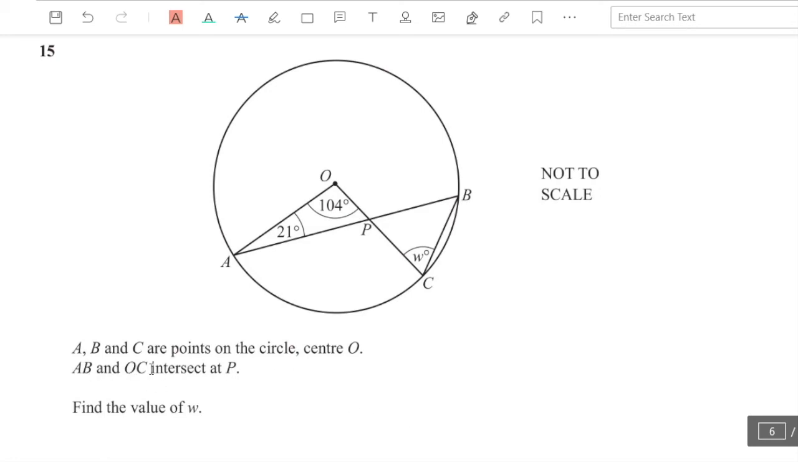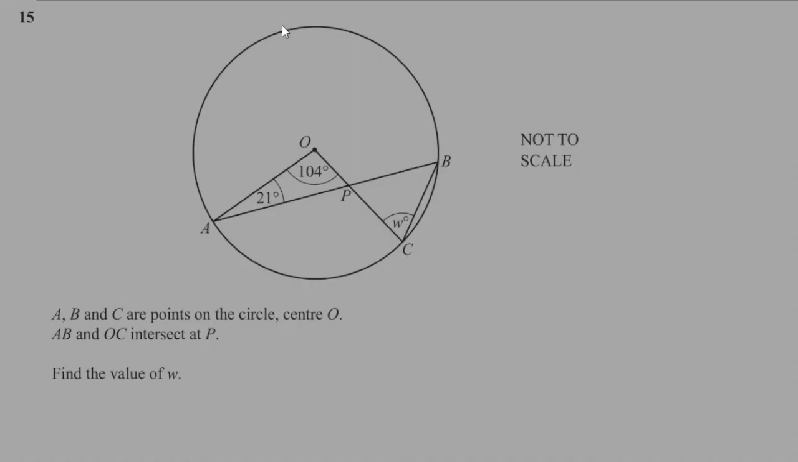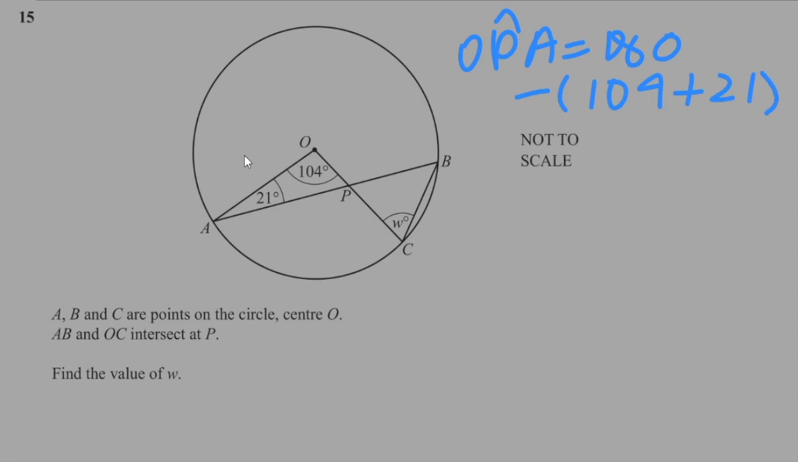Question number 15. A, B, and C are points on the circle, center O. AB and OC intersect at P. Find the value of W. Alright. So first off, I'll start by calculating this angle over here, which is a part of the triangle OPA. So angle OPA is equal to 180 minus (104 plus 21), because this is the formula of calculating angle in a triangle,